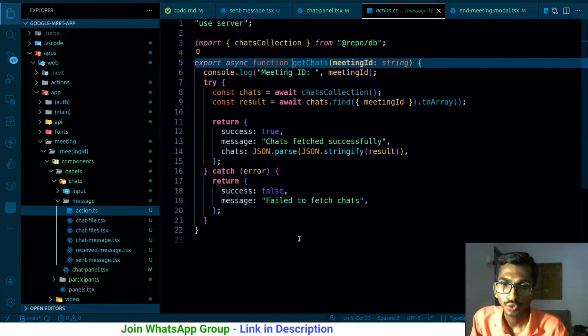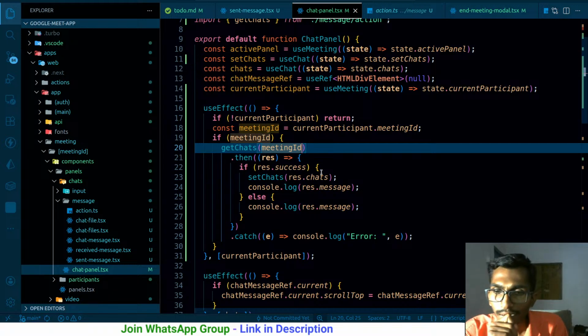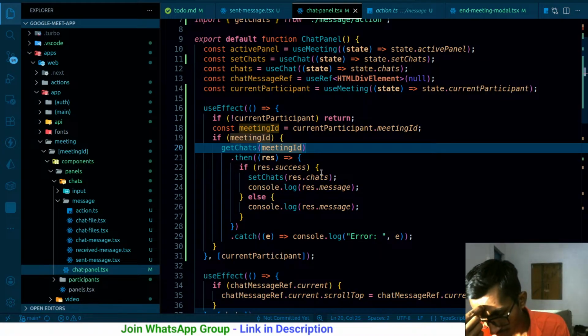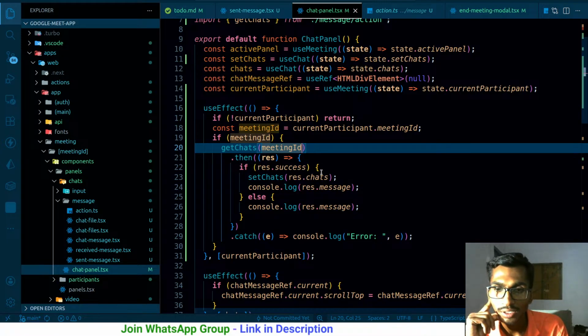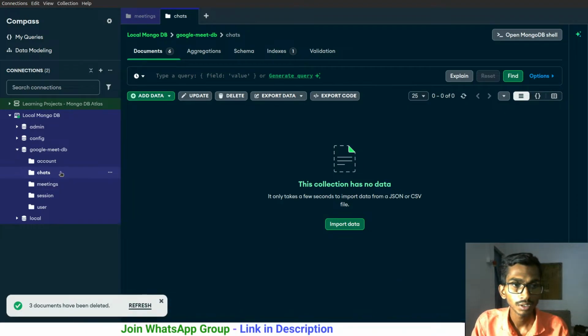So what I have to do over here, I make a request using the meeting ID, and using the meeting ID I get all the chats for that particular meeting. But those chats should be for this particular user. So the chats that I get, what all am I saving in the chats? Well, they cannot really be